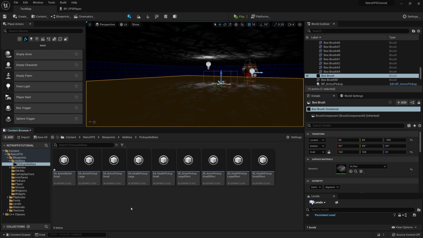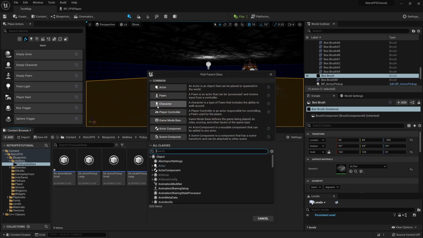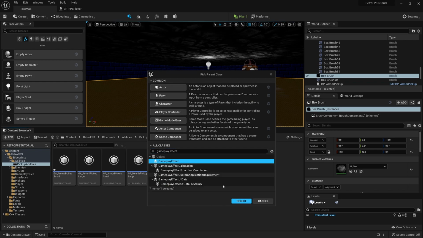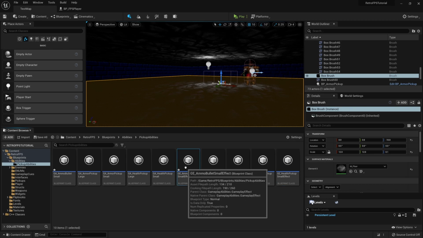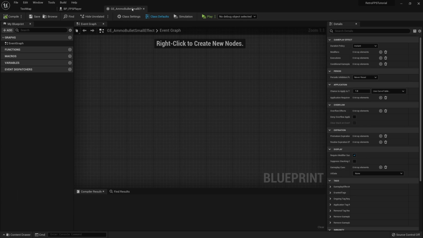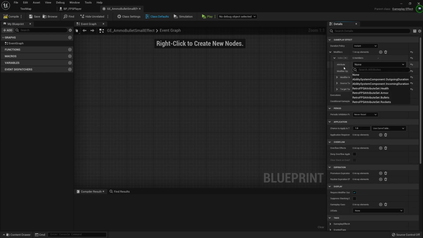And then what we can do is add a gameplay effect and call this GE underscore ammo bullet small effect. And if we just open the gameplay effect real quick, we'll just add in what the modifier is, and we're selecting the bullets attribute.